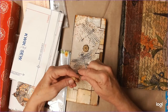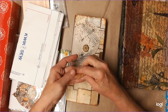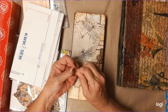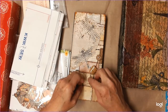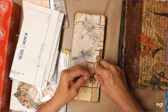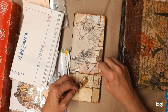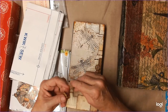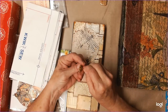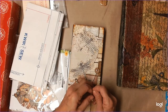Okay, I'm going to put this one on. And this may be the one to use because of the way the thread goes through it. Like this, it stays flat. Whereas this one, of course, it would stay flat once you tied it. Maybe I'll just do both of those. They're both pretty. But they need to be down here. You know, I think I know what I'm going to do. I'm going to use this one because I can take it and tie it right here, and it'll stay on,